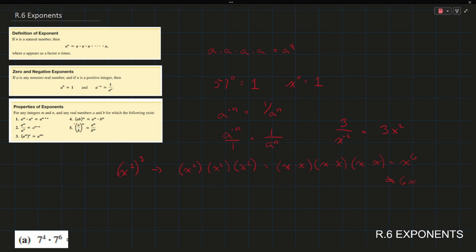4 and 5 are pretty straightforward. You can distribute exponents to parentheses. So if you have a times b to the x, to the whatever, that exponent is applied to each one of those. And same thing with a fraction, if you have a over b, that exponent's applied to both of those. One of the things to be careful with is, even we've been doing this all the time